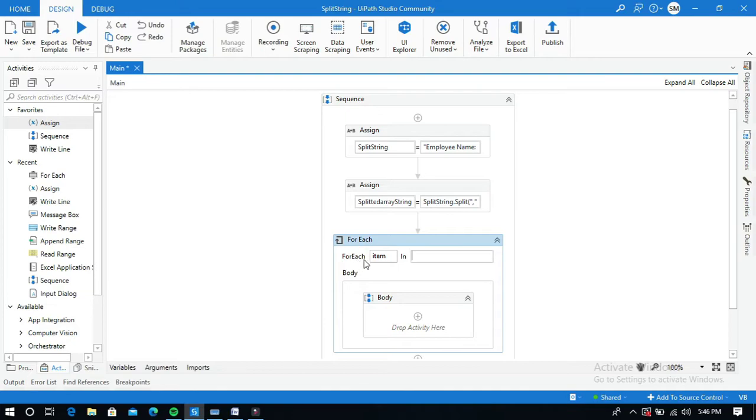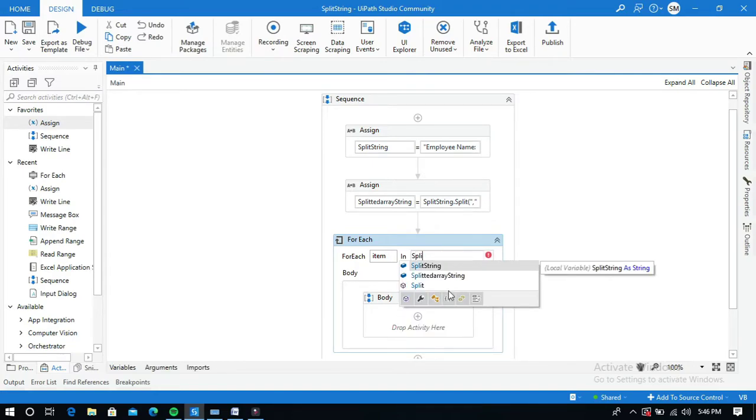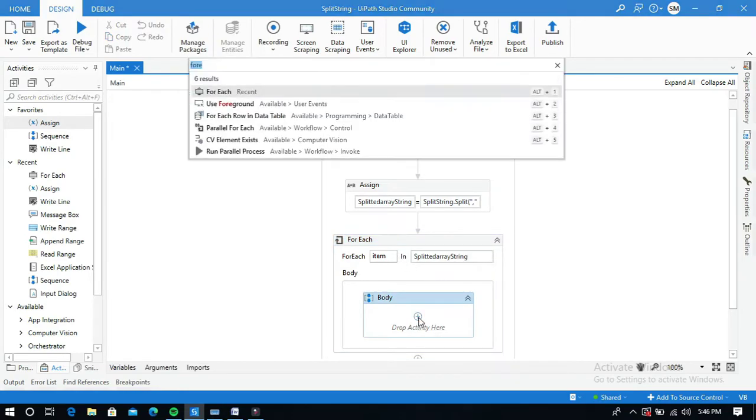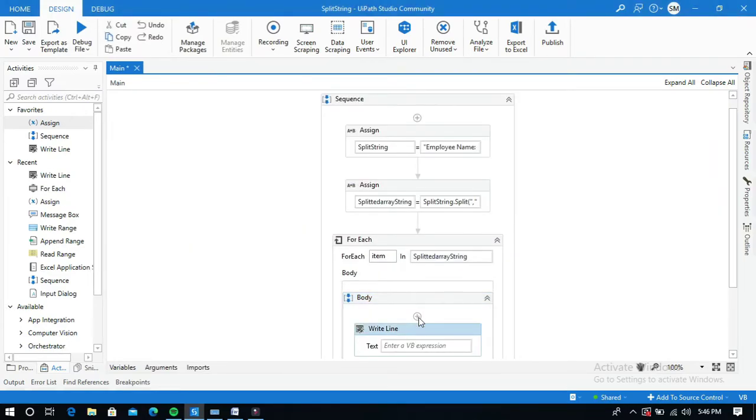So for each item in this split array string, and to display at the output I am going to use a write line activity, and I will pass the item here dot to string. Okay, that's it. Let me run this.